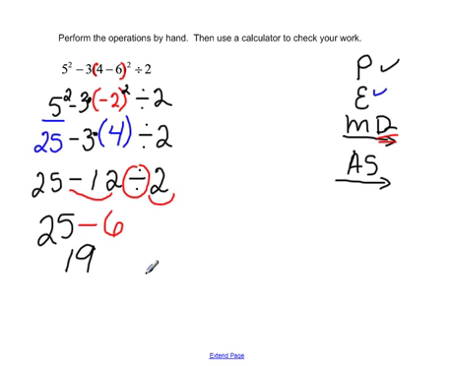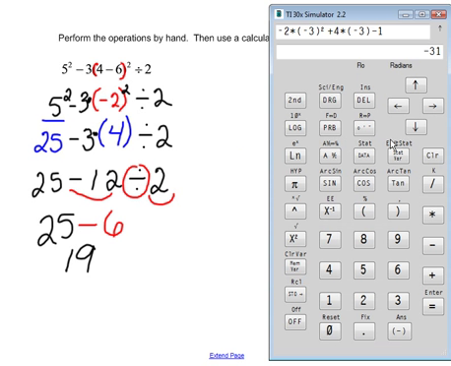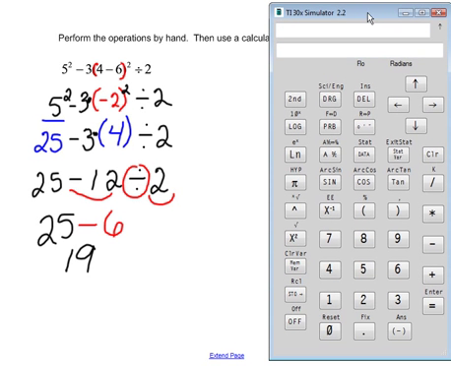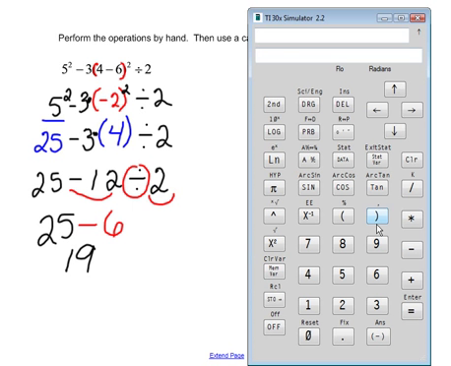Now let's take a look and see if our calculator gives us the same thing. So when we pull up our calculator, let me clear out my last problem. We want to be careful to enter everything in very, very carefully, because if we enter information into the calculator wrong, our calculator will do exactly what we tell it to do, even if what we told it to do is wrong. So let's see, in our original problem, we had 5 squared, so 5 and then the squared key, and then we're going to subtract 3 times, so 3 multiplied by,